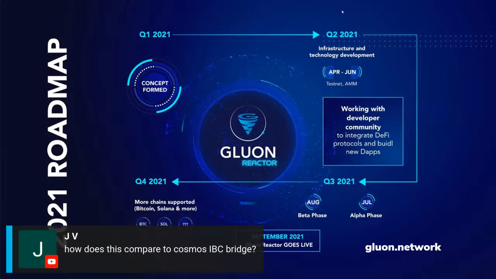This is a lot more general, and this is a lot more flexible. So in theory, even before we create support for a network, if you send, those addresses will be active, and the moment we add support, all those assets will be seen. So it's a little hard to explain, but